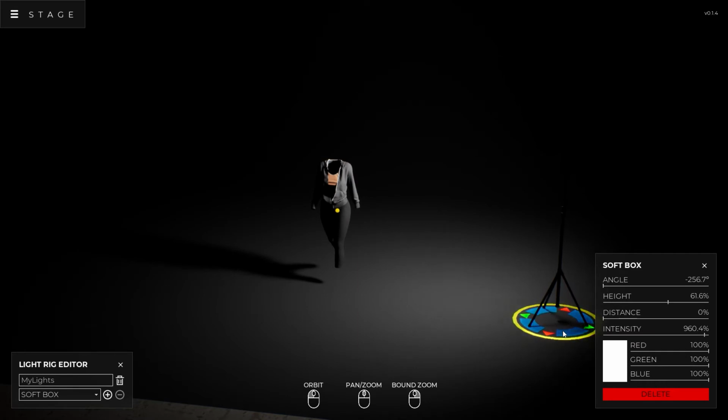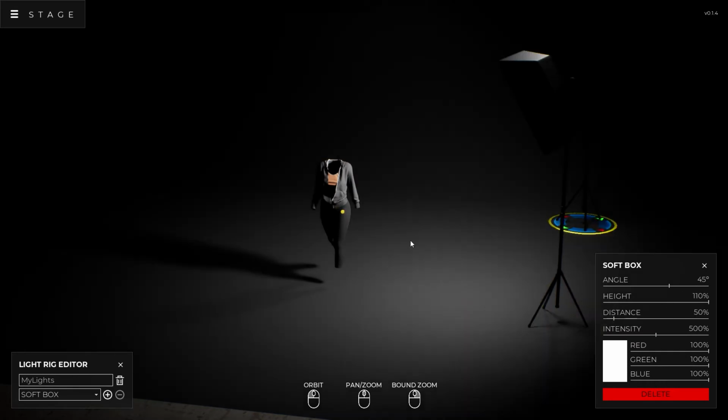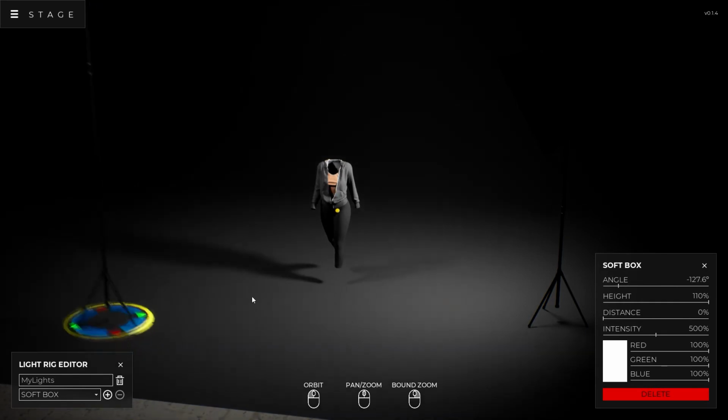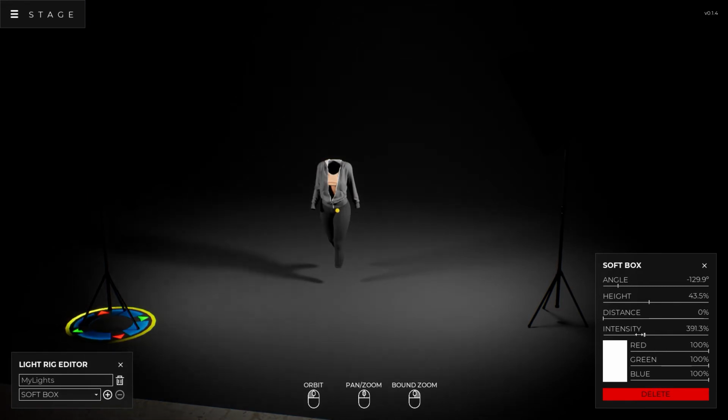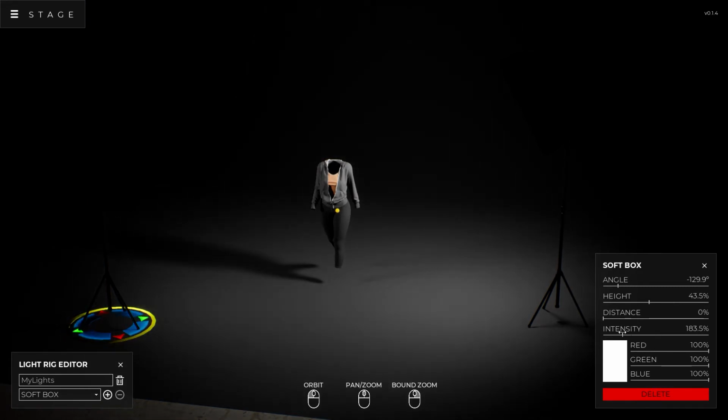And then one thing that I can do is I can create another one. And I'm going to pull that one over here. And this is going to be kind of my fill light. So I'll bring that height down a little bit. And then I'm going to take my intensity, drop that a bit so I still have some nice shadows, but